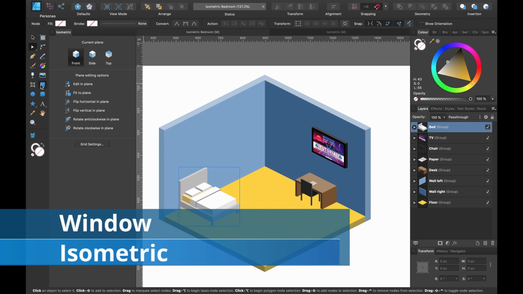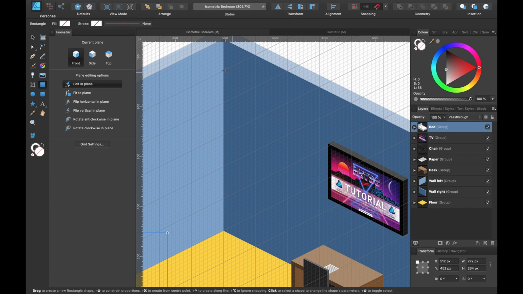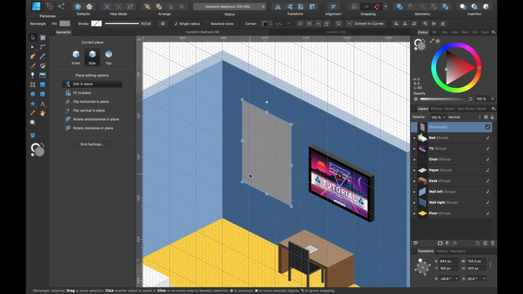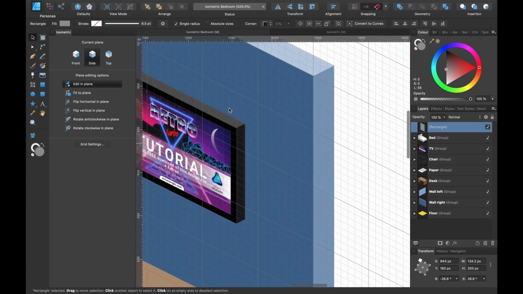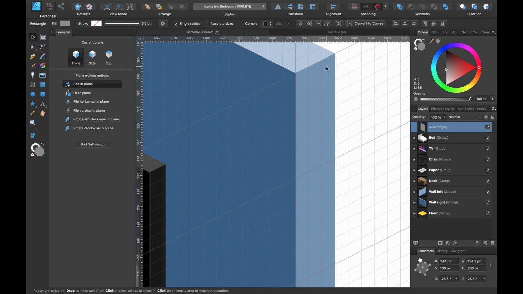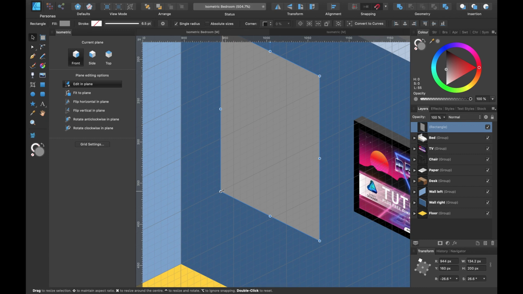Click on your rectangle tool, zoom in, and let's activate the grid again. Make sure side is selected, and we'll grab it from around about here and drag out and down to here. Okay, now let's create the windowsill down here. But first, let's check the thickness of this section here. So I'll just press front so we can see how thick it is. It's 3 thick, 1, 2, 3 little squares thick, and that's the thickness we will make our windowsill.